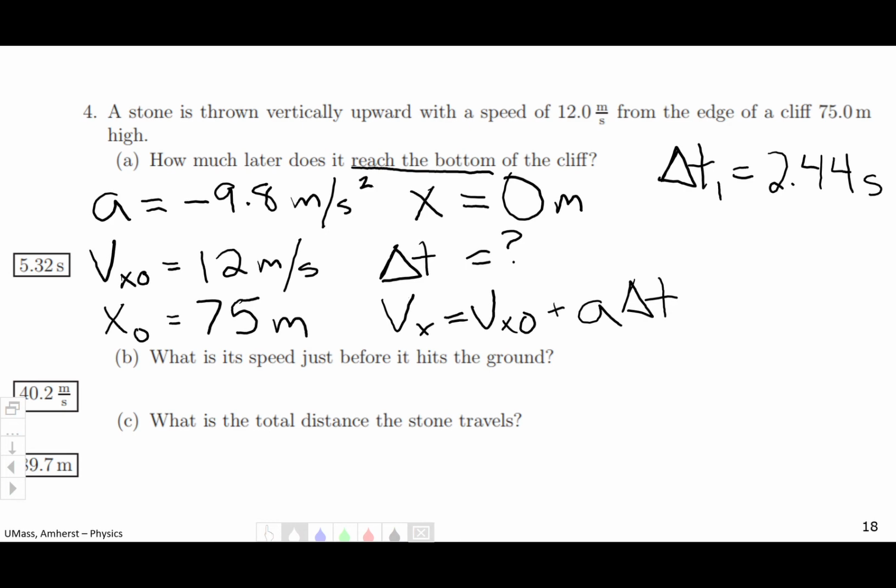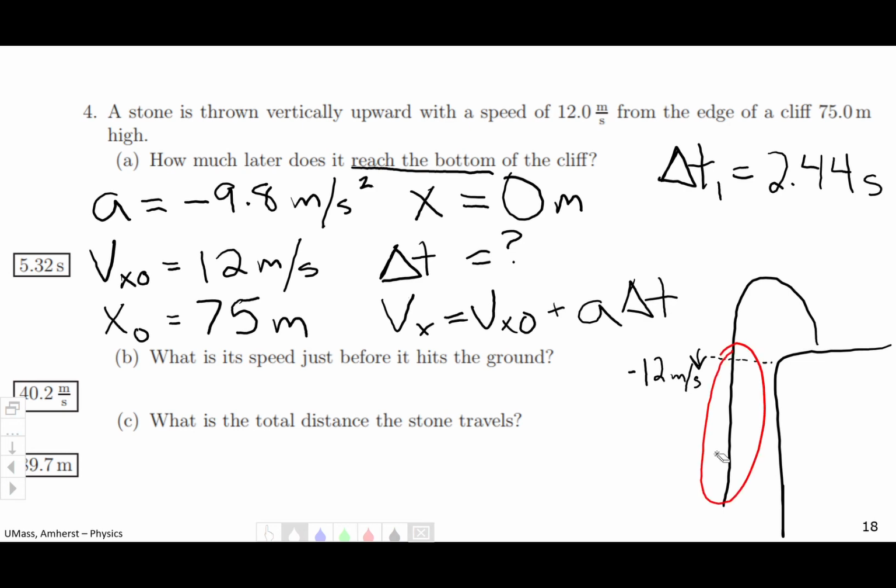Then I know that once it reaches the height of the cliff, going up and down, it's going to be going the exact same magnitude of speed that it was being thrown up at, except now it's going to be negative. So it's going to have negative 12 meters per second as its velocity at that point. So if we want to calculate the time it's going to take to make it all the way to the ground, we are going to need